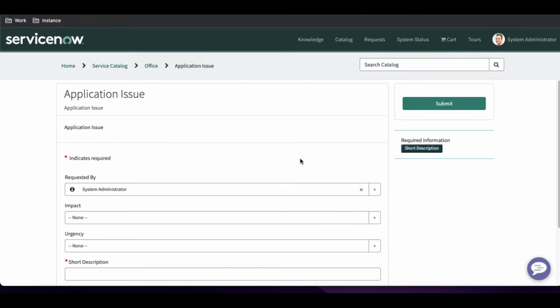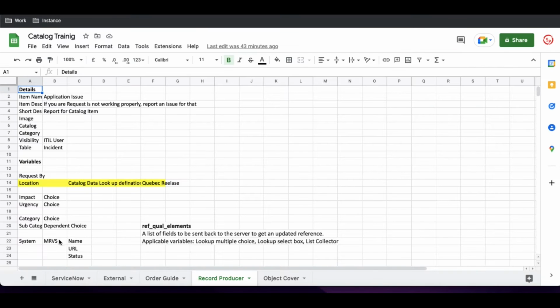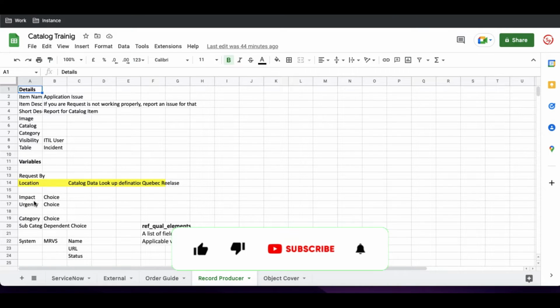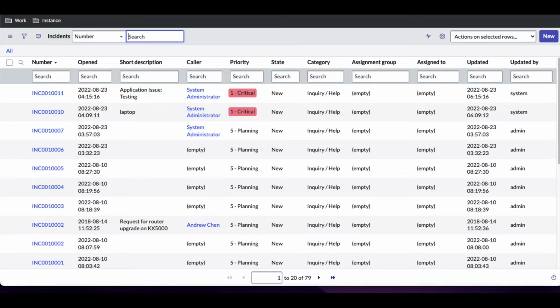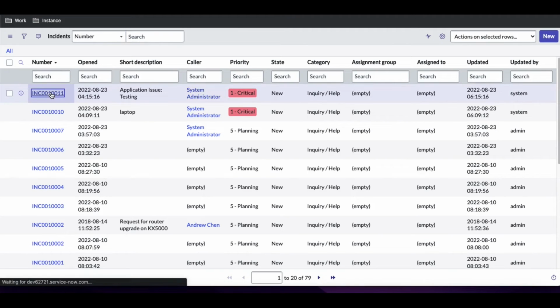In these sessions, we'll basically talk about these two: category and subcategory. Previously we created choices called impact and urgency, but this time we'll create category and subcategory, these two choice fields, and we'll show you how we can create the dependency choice. So very first thing, if you go back to the incident table and open any of these incidents,